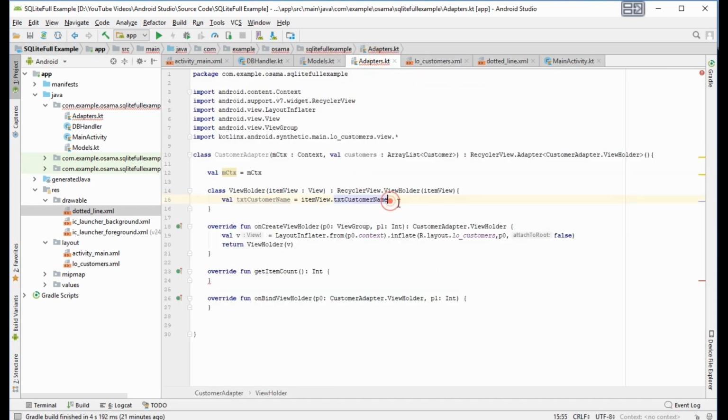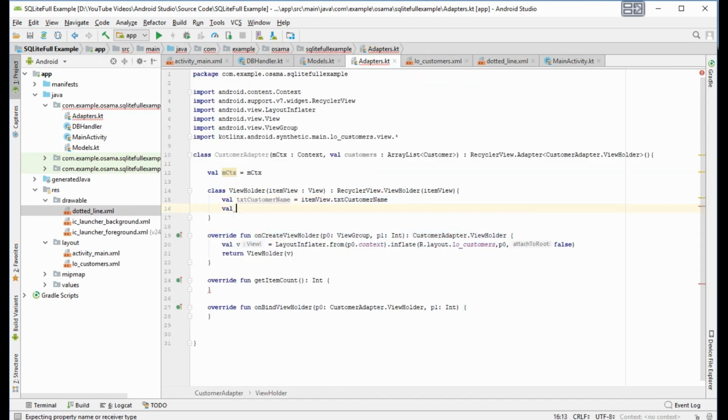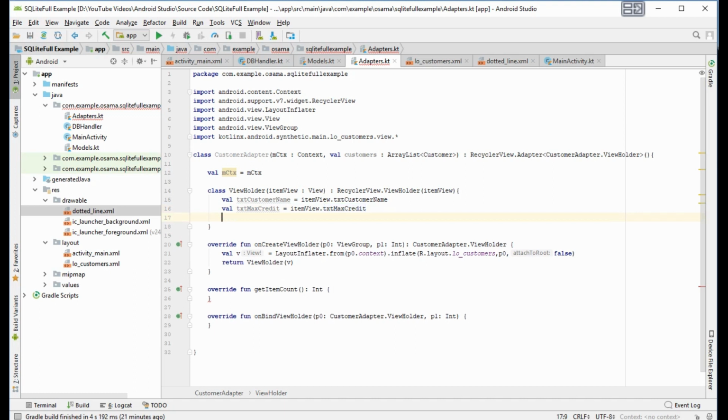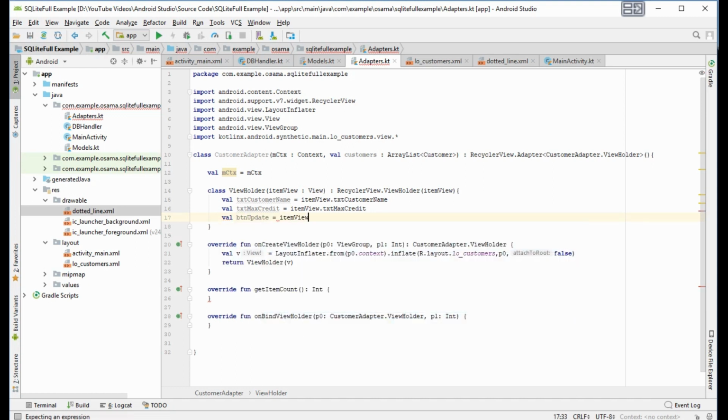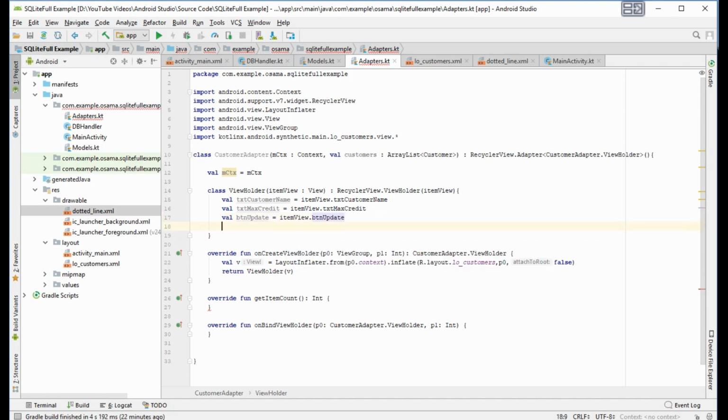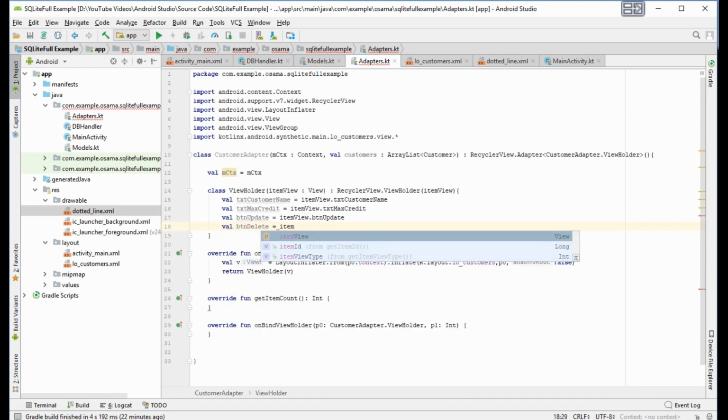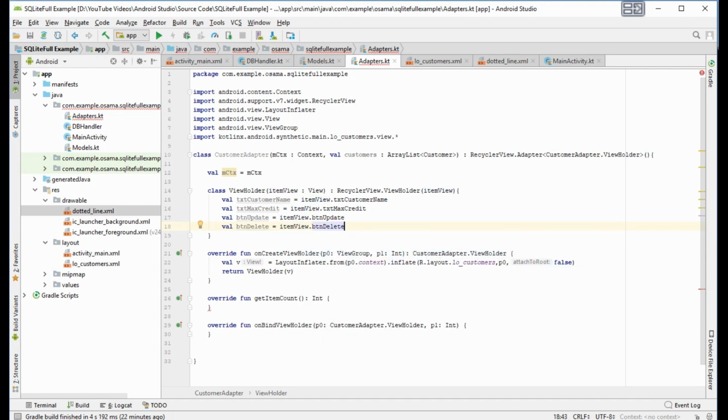Okay, and val txt max credit equal item view dot txt max credit, and val btn update equal item view dot btn update, and val btn delete equal item view dot btn delete.